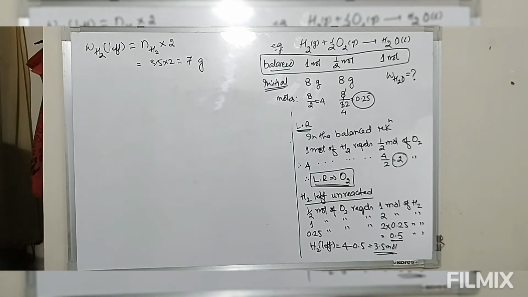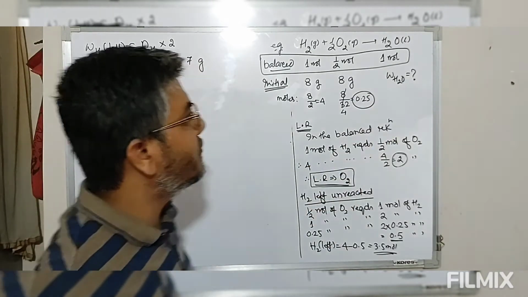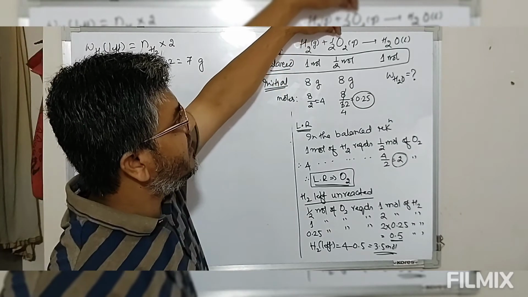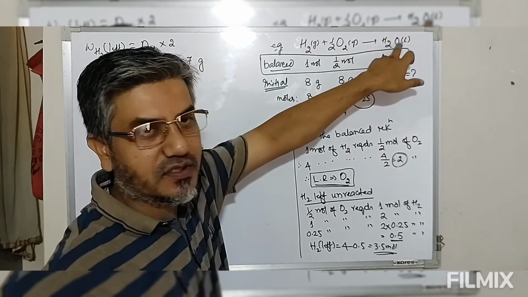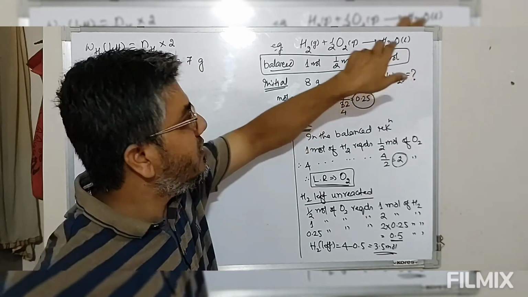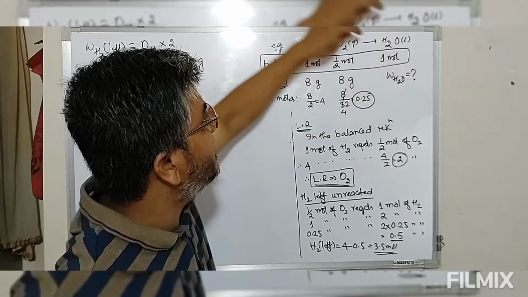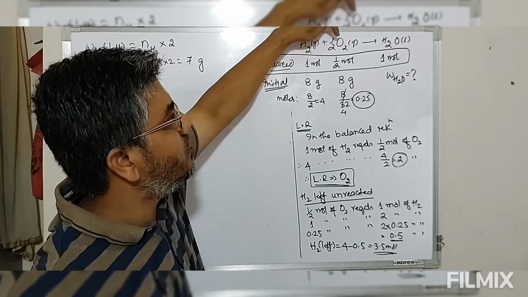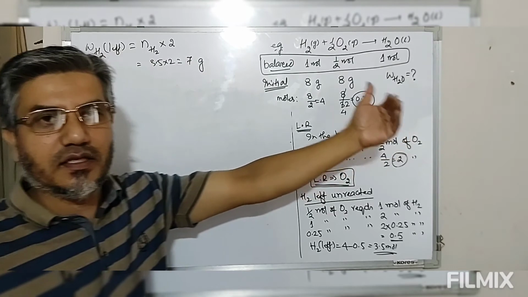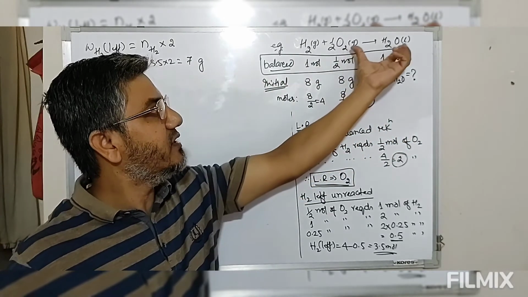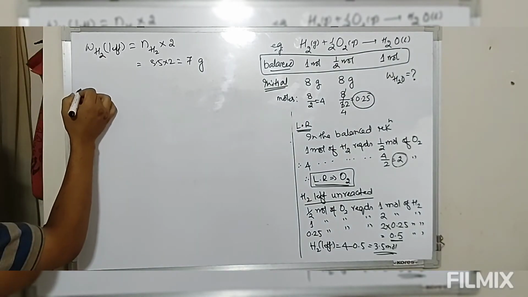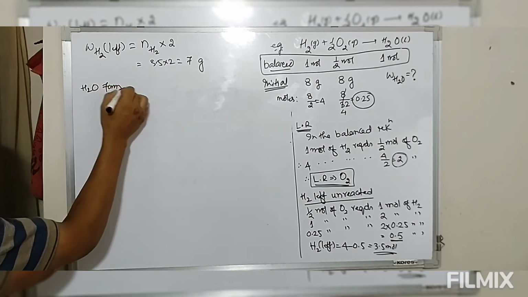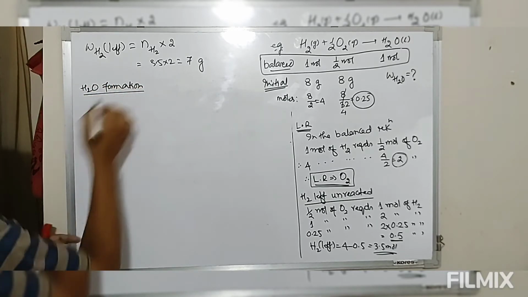So now if this is the case, the question says what is the mass of water? Now since this is the limiting reagent, the moment this oxygen is consumed, formation of water will stop, meaning the reaction will stop. So the amount of water formed will be defined from the limiting reagent. So whenever we define the limiting reagent, from this limiting reagent we can find the amount of the product formed. So again look at this. Water formation. So we have to find the amount of water formed.